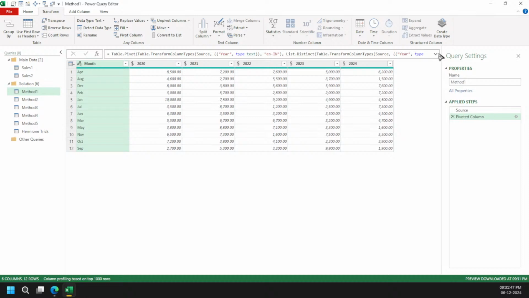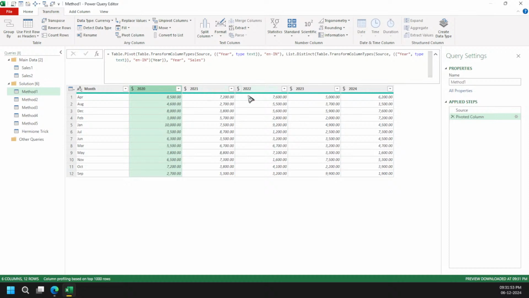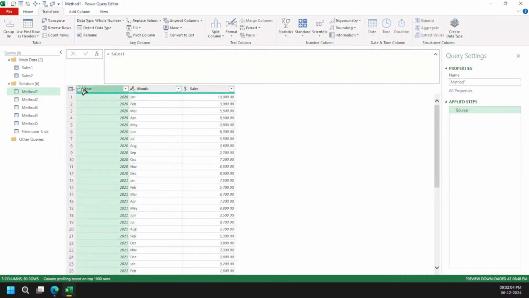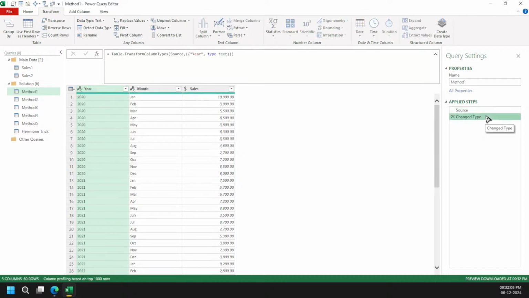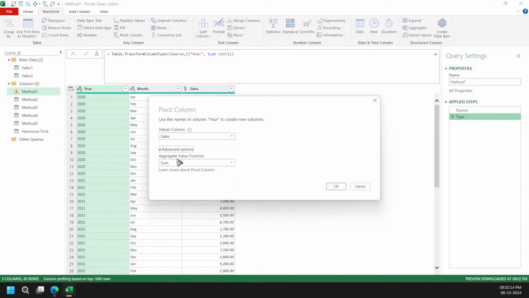And you can see it has written a lot of code, right? So it's a best practice because here the years were in number format, and what Power Query does by default is convert the numbers into text format. So what we can simply do is convert them to text first, and then we will come to the topic again. And yeah, let's go with the sales part.